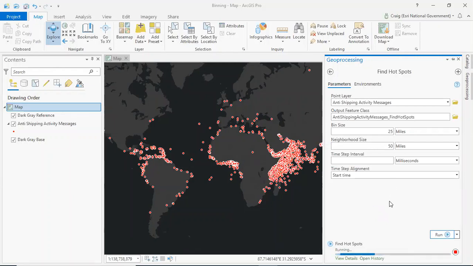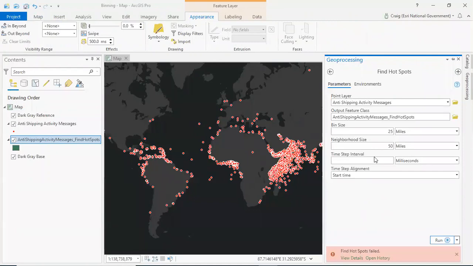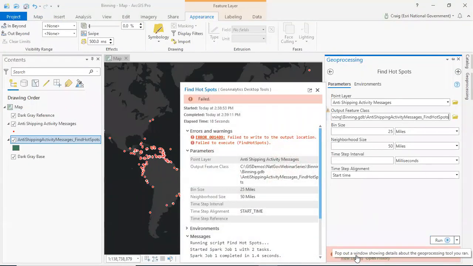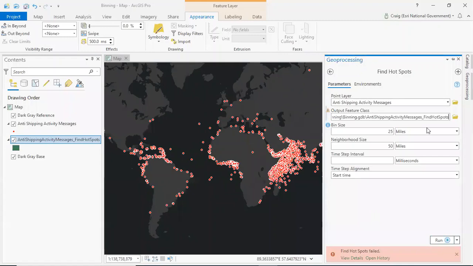So what's going on with our GeoAnalytics desktop tool is actually running Spark under the hood. And while this data that we're looking at may not necessarily be considered big data,